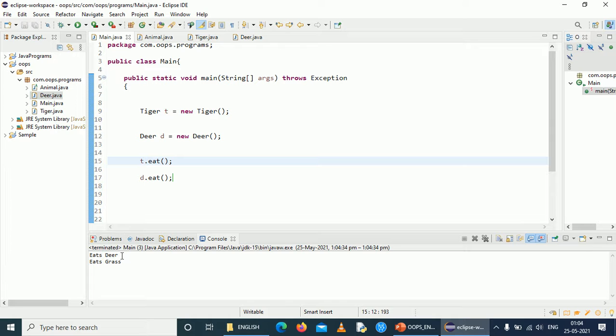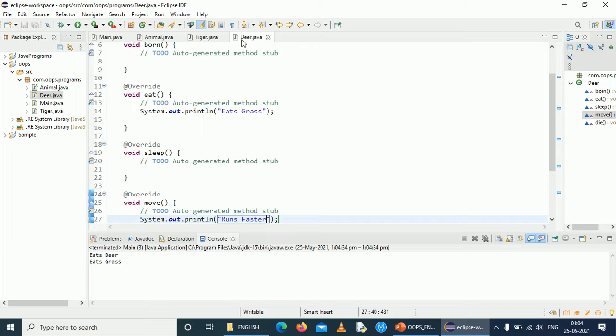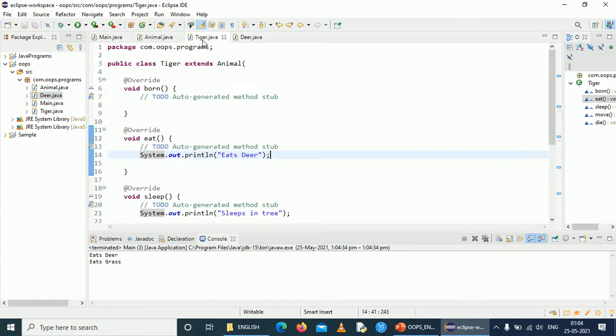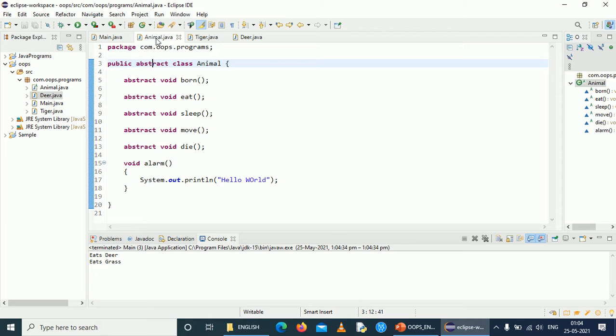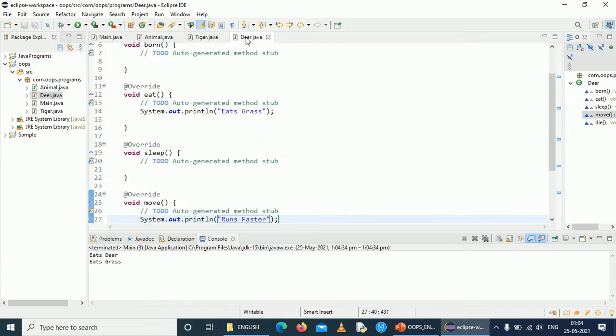Tiger will eat deer and deer will eat grass. So they both eat different food, but they both come under the general class animal. That animal class has been inherited by tiger and deer as well.